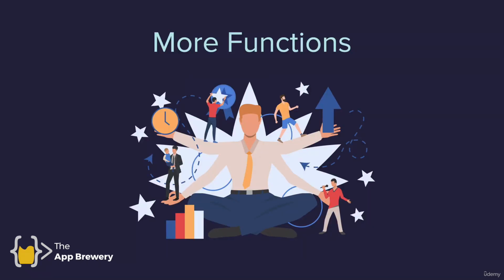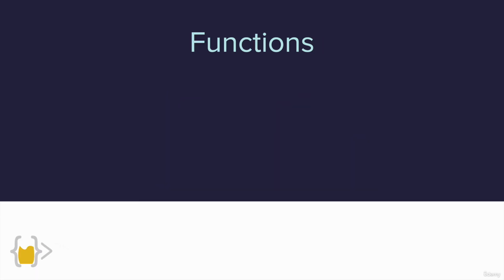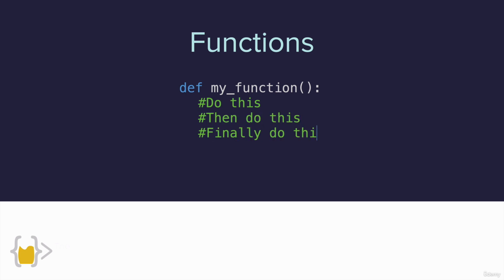To get started, we're going to learn more about functions. And previously we learned that functions are a really handy way of taking a complex set of instructions and packaging them together inside a block of code that has a name given to it. And when we need all of the lines of code that's packaged inside this function, all we have to do at any point later on in our code is just to call the function by typing its name and then a set of parentheses. And when this line of code is run, it's going to search for where this function is defined, which is up here,